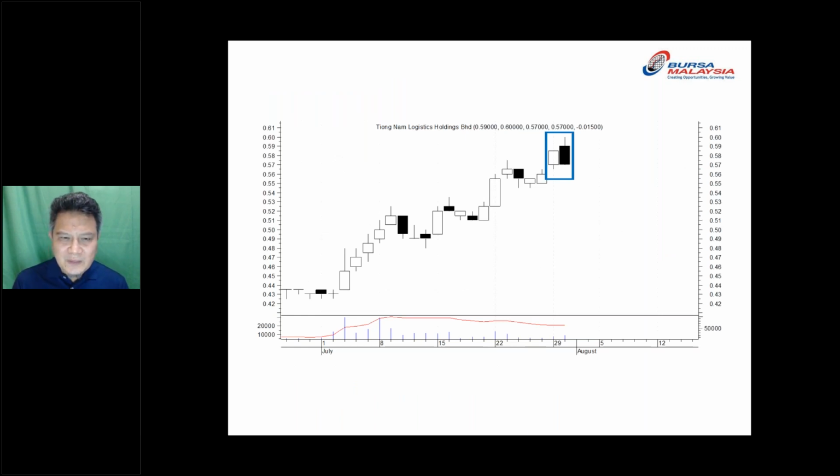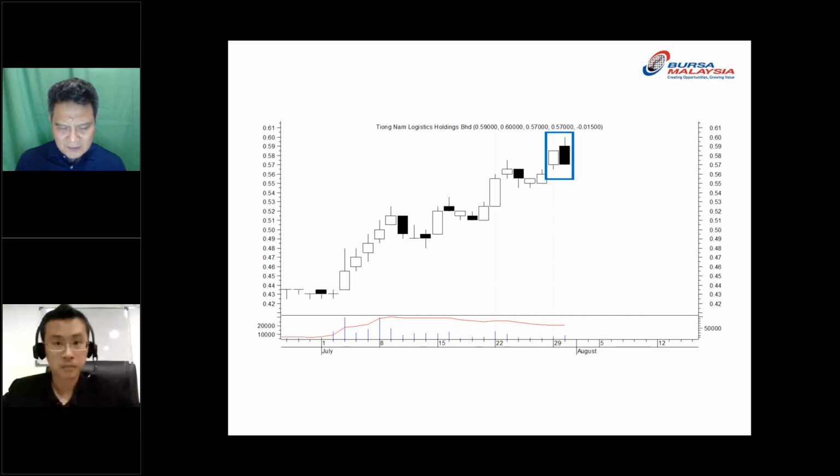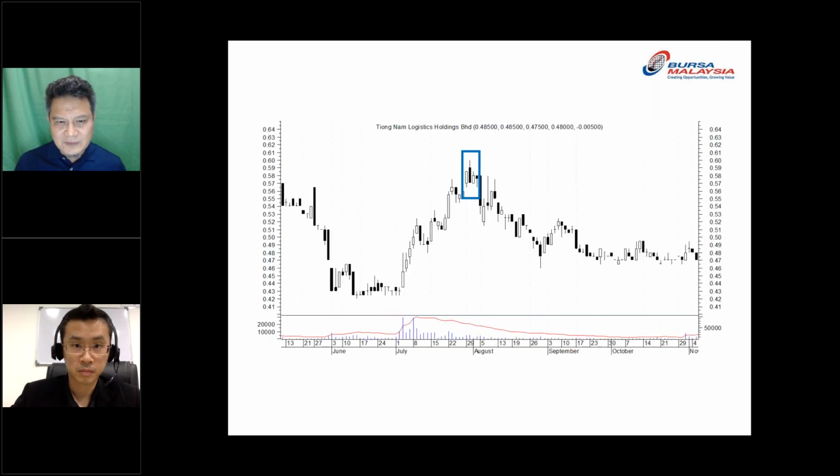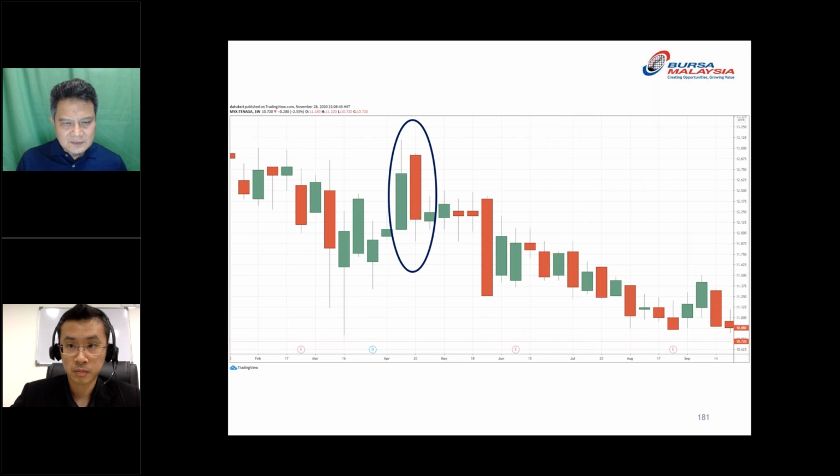Okay, this is an example. The example whereby there is what we call a bearish, not bearish hanging man, sorry, what we call the dark cloud cover. Okay, and you can see after that the price drops all the way. This is another example, dark cloud cover. You can see that the price moves up, and then there's a long candle, and there's a big candle also here, and then after it's all the way down. Okay.